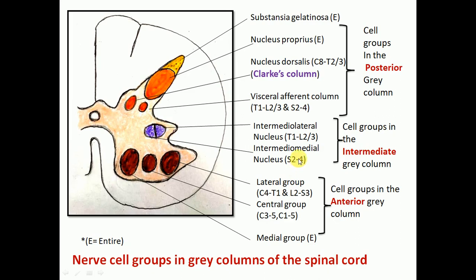So, that is from the sacral outflow, or we can say the preganglionic fibers of the parasympathetic nervous system, and later on they merge with the sacral spinal nerves. Now, the third group that is present on the posterior aspect: there are four longitudinal columns, starting from the apex and then passing ventrally up to the base of the posterior gray horn.